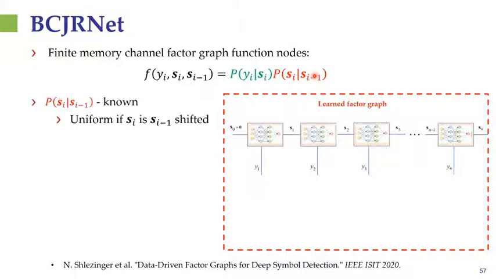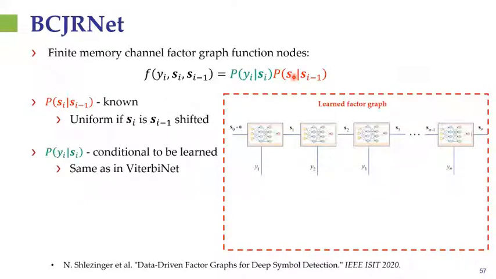Now, we know that this term here is typically known, right? Because it's the conditional distribution that a set of symbols were transmitted given the previous set of symbols. So it usually obeys some sort of a uniform distribution if one is a shifted version of the other. So this can be assumed to be known. It typically is known. The other quantity, which is unknown, which depends on the channel, we can note that